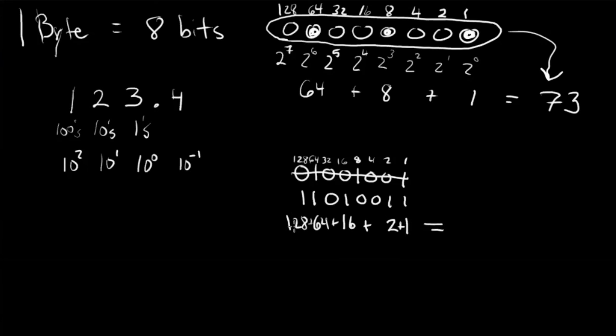Then if you add those together, 128 plus 64 is 192. Plus 16 is 208. Plus 3 is 211. You guys can check my arithmetic there, but